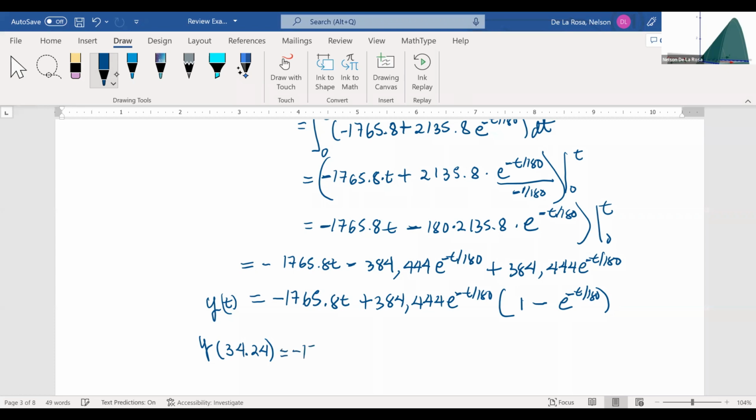And that would be negative 1765.8 times 34.24 plus 384,444 e to negative 34.24 divided by 180 times